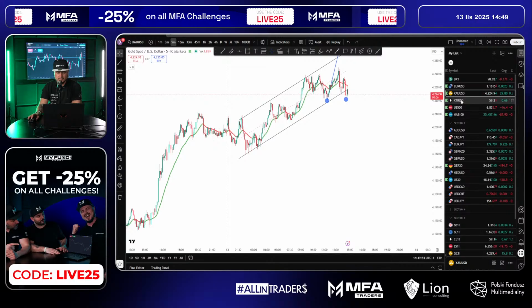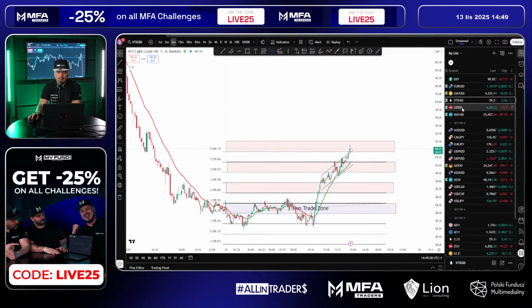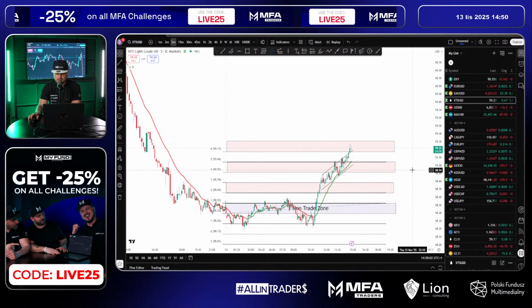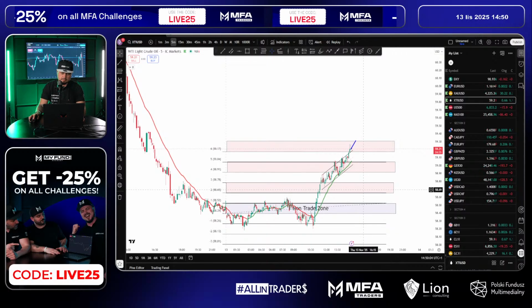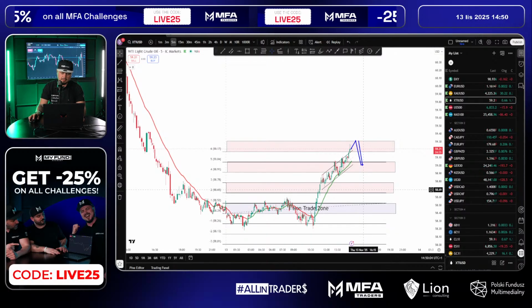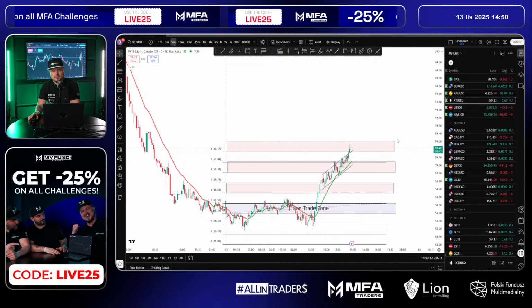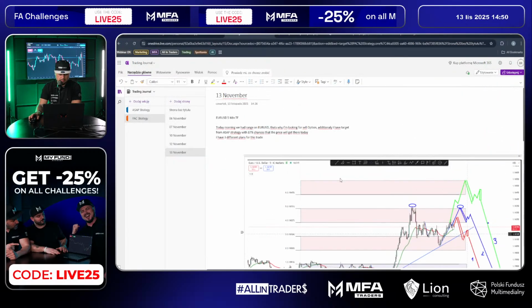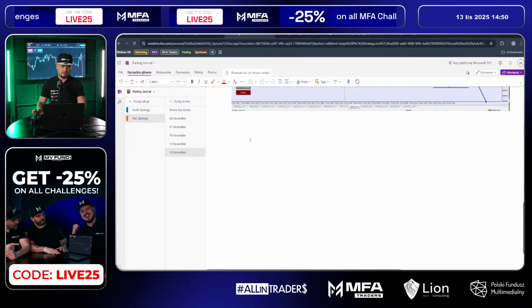To be honest, the best looking is crude oil. If we're gonna stop somewhere here and the price will drop, we might have an opportunity to get to the range. So we're gonna look for something like this, and we're gonna try to join, of course. Why not? So big potential. Let me just check if I put it in daily. This is US 500, euro. No, let me just put here crude oil.